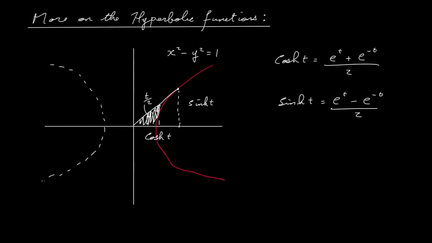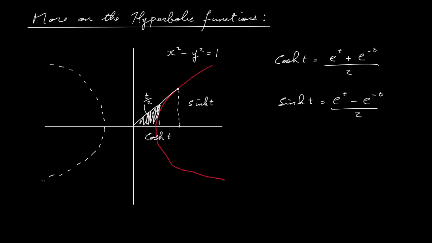Okay, so in this video I'm just going to follow up on the previous video that I did on hyperbolic functions, and in particular I'm going to have a look at the definitions for cosh t and sinh t: e to the power of t plus e to the power minus t over 2, and e to the power of t minus e to the power minus t over 2. And I'm going to have a look to see, will they satisfy our formula here, our equation here for the